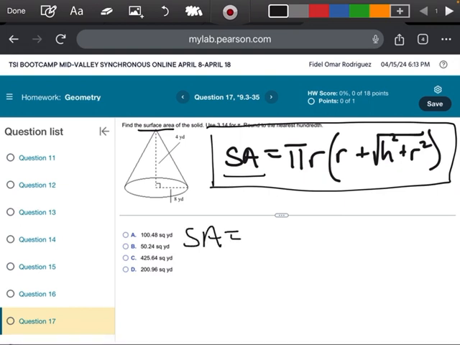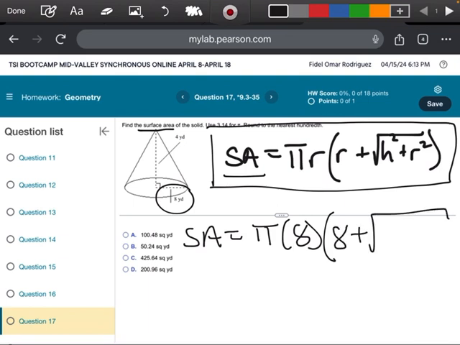So let's see, surface area here is going to be pi. The radius here looks like it's going to be 8. Okay, so my radius is 8. And then parentheses again, we're going to have 8 plus the square root of 8 squared. The height is 4. So this is going to be 4 squared plus the radius squared, 8 squared. I'm just going to walk my way through this. So look, pi times 8